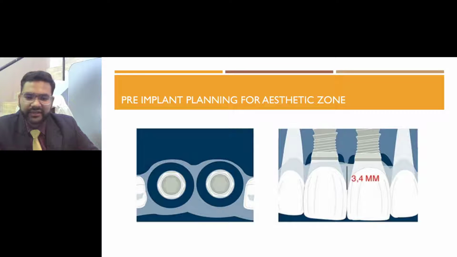When we want to construct a papilla in between two implants, we definitely need to place the two implants at a distance of 3 mm from each other. And Tarnow in 2003 said that in most cases an average of 3.4 mm soft tissue height can be expected to form over the implant crest of bone when this distance is maintained.